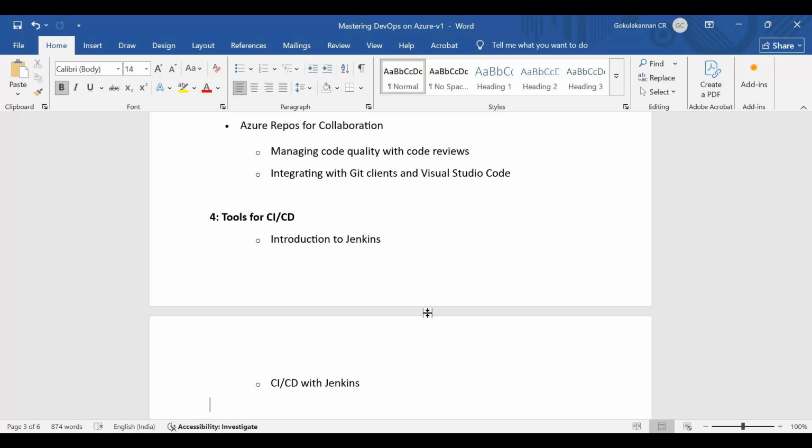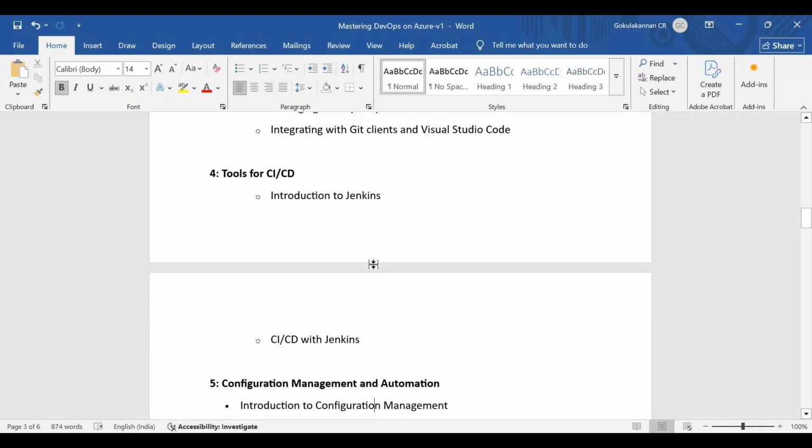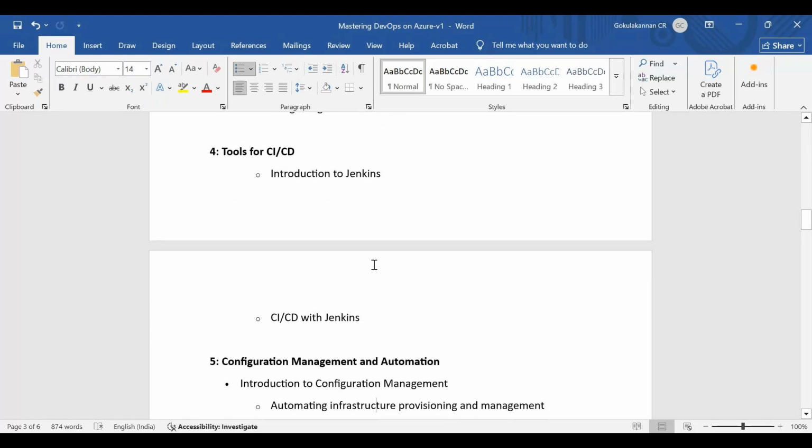Next thing is tools. So CI/CD tools. So though this course says it's Azure DevOps, as I told you, we are concentrating on the JDs in the market. So though you apply for an Azure DevOps role, they will ask you some questions related to Jenkins, because that is the first step for any DevOps related activities, right? So I'm covering the Jenkins too.